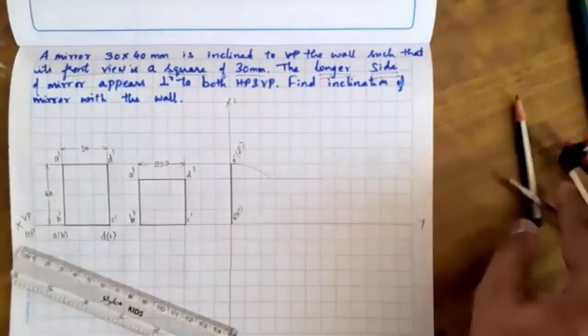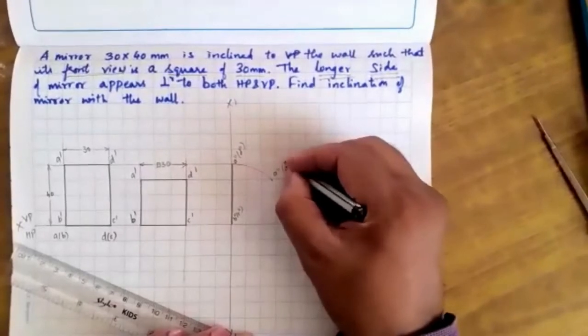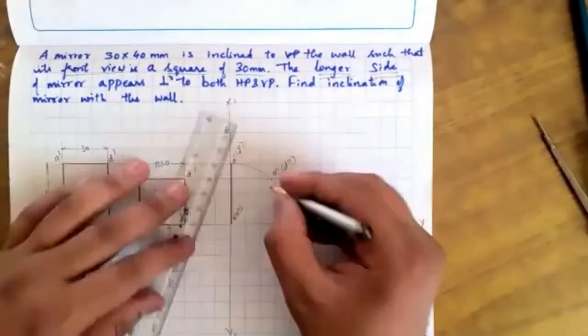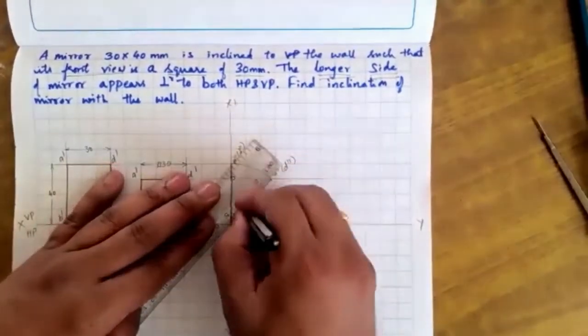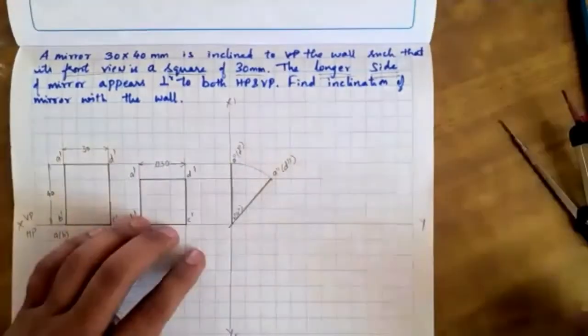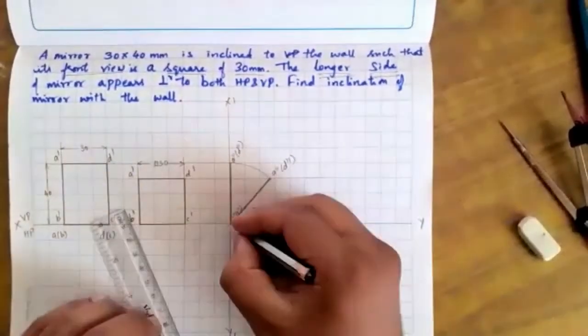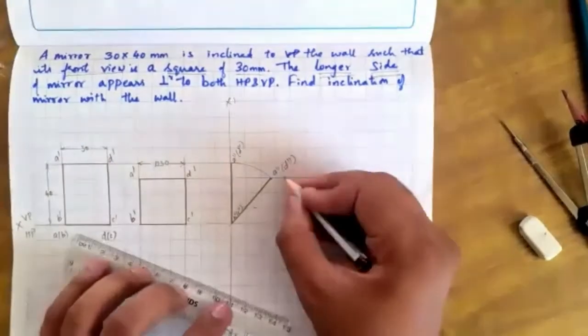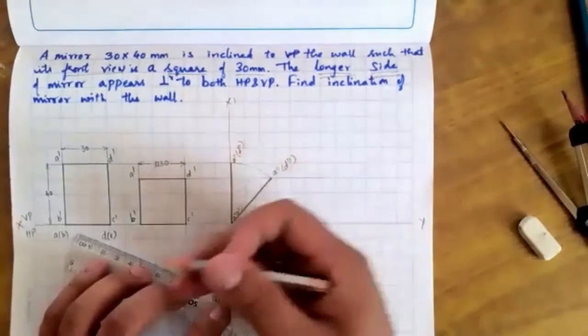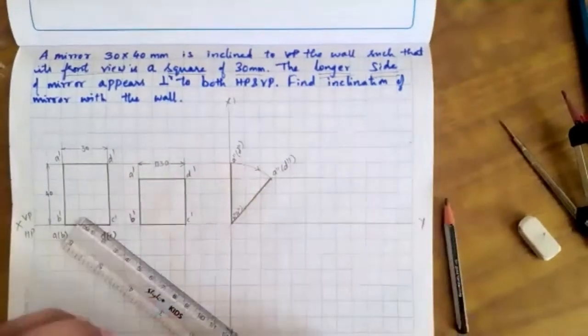So this is the new AD location, which is nothing but A double dash, D double dash. Now the mirror will fall till here, which is nothing but the new side view of the mirror, A double dash, D double dash, and till here. I'll draw an arrow mark here like this.